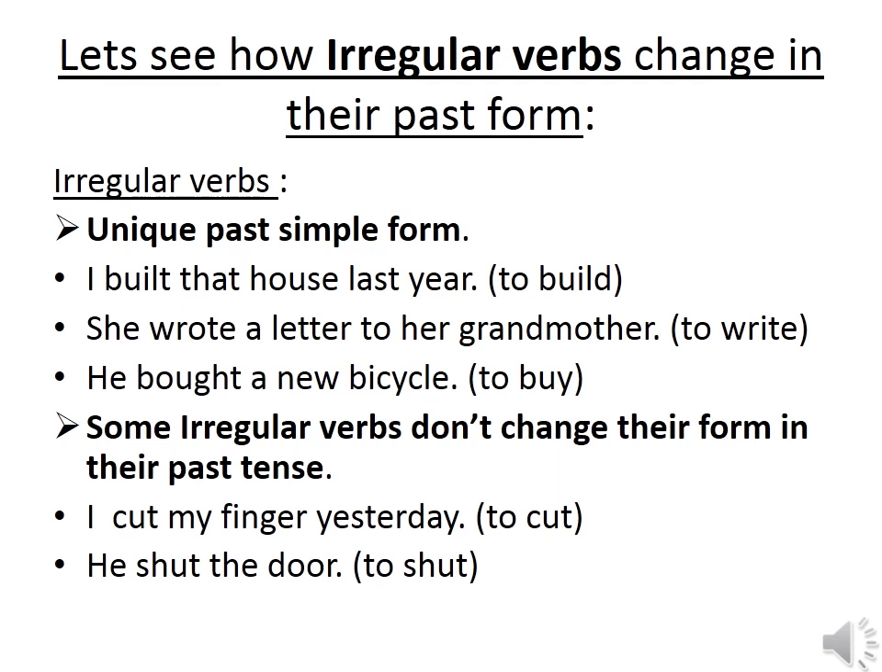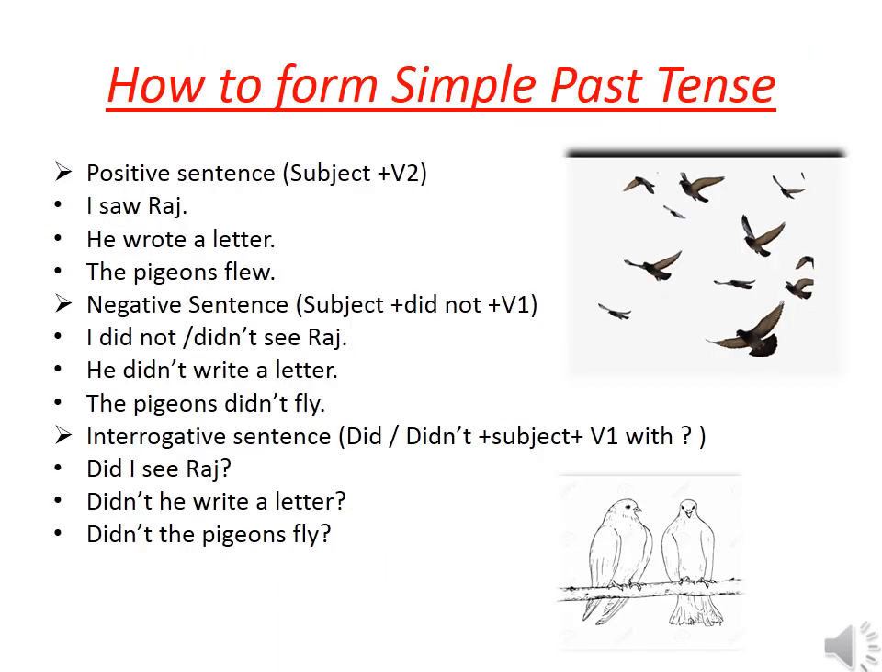Buy becomes bought. For example, cut. I cut my finger yesterday. Shut will remain the same, shut. He shut the door. Now, let's know the pattern or structure of simple past tense for positive sentence, negative sentence